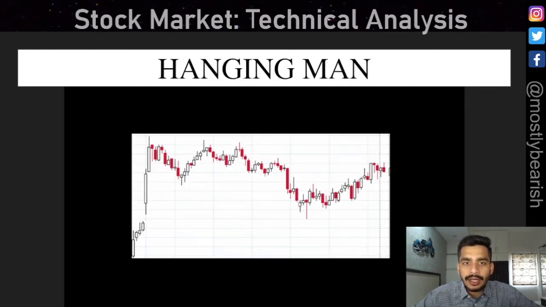Now let's look at hanging man. This candle here. Now do you see the prior trend? The prior trend was completely upwards. The hanging man was formed. Post which there was a downfall in the prices. Now here again, if you see, there was a hammer formation that we spoke about in the previous chart, and then there was an upward move in the prices. Let's try to see if there is another hanging man, right? So here in this candle as well, you can see a hanging man formed and the prices should go down from here.